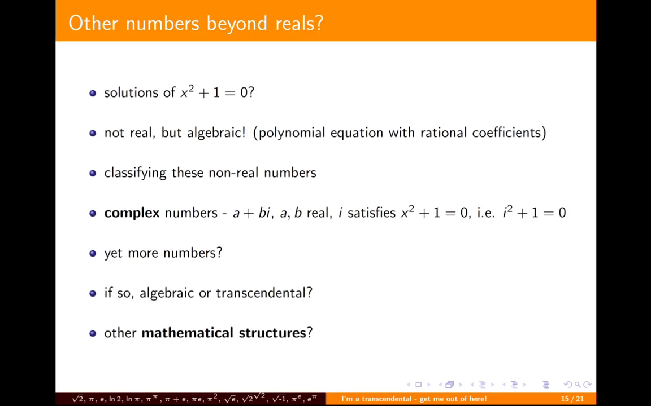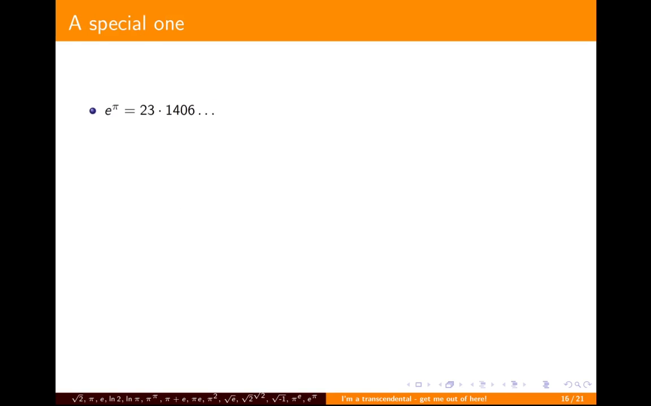Are there yet more mathematical structures beyond that? So let's return to e to the pi. This is its approximate value. And in order to decide whether it is transcendental or not, one needs to use the theorem that we stated in the first video,